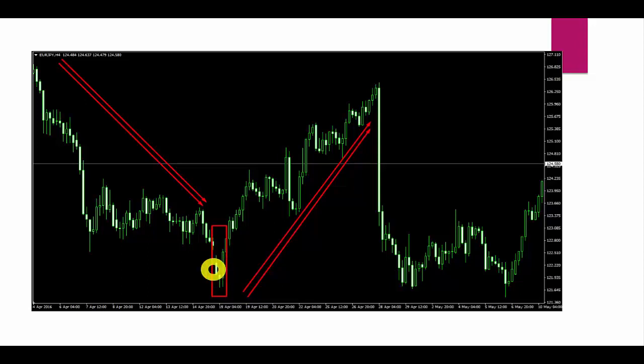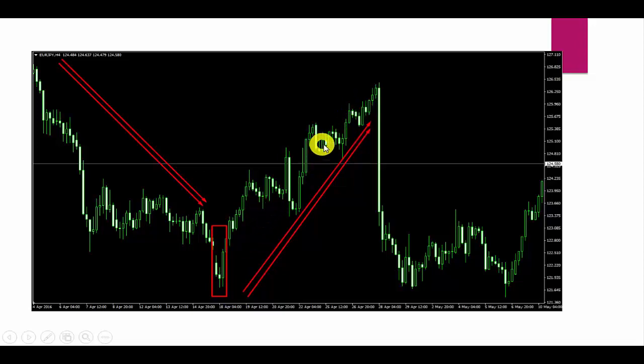The third candle has closed above the first candle's midpoint minimum. That was our necessary condition. So after that you can see the market went up. We will take a buy entry. In this case it has not taken the retracement, but the overall trend was changed. So even if we buy from here, and this lowest point would be our stop loss, you can see the market has given us a 1:2 ratio minimum.